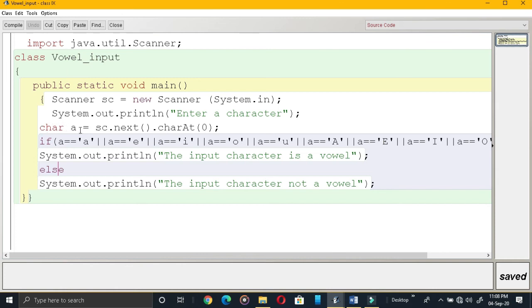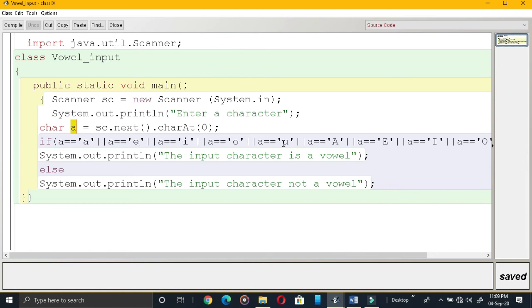char a is equal to sc.next().charAt(0) means I am receiving a character here simply. It can be a, it can be p, it can be q, any character. Now I am checking that character what I got here, is it equal to, when we can say it's a vowel, a, e, i, o, u.